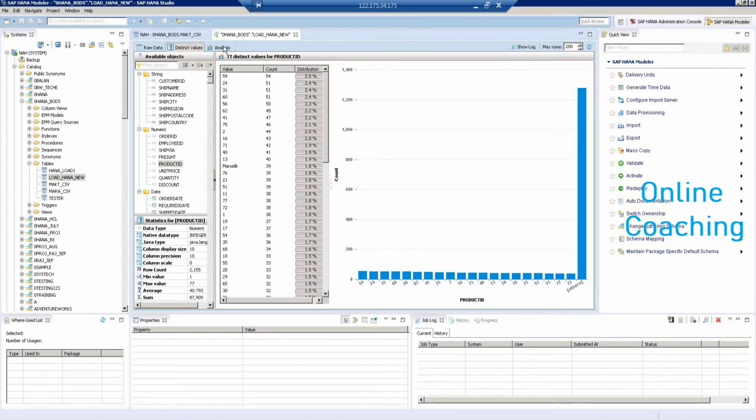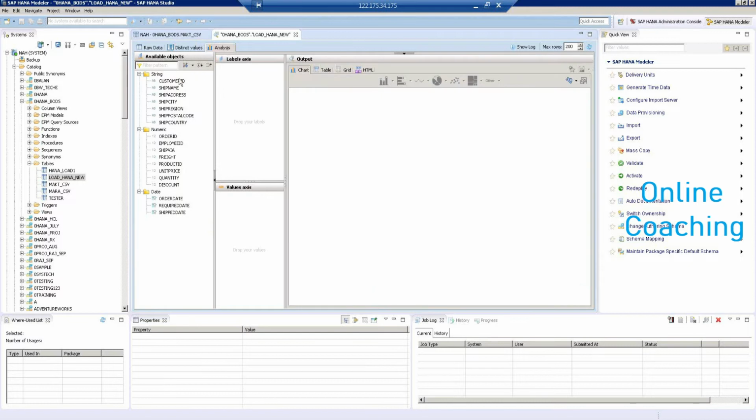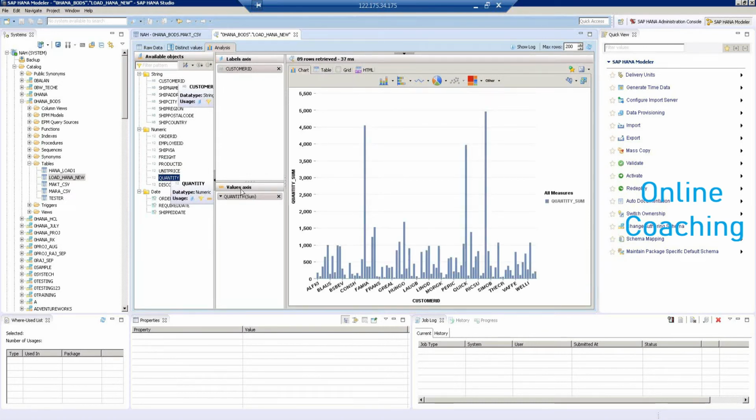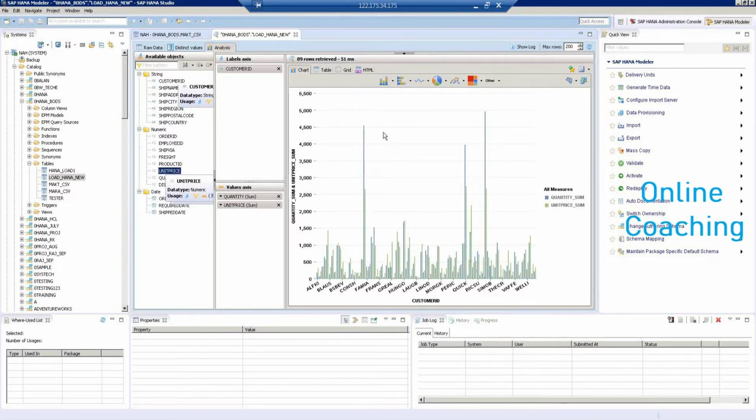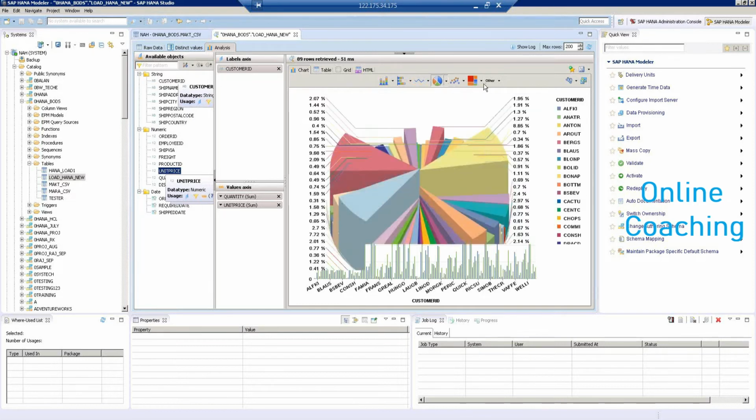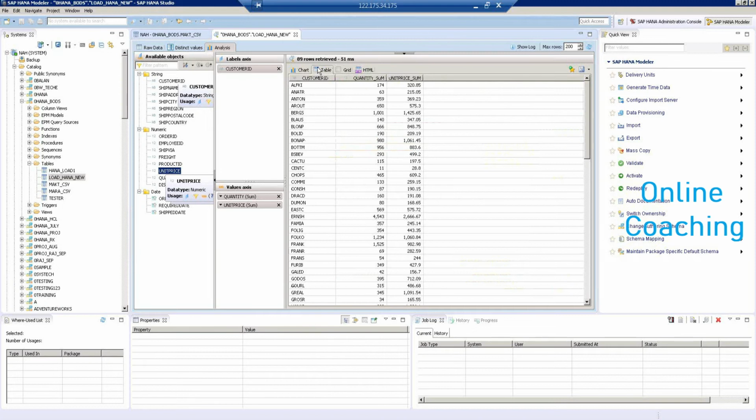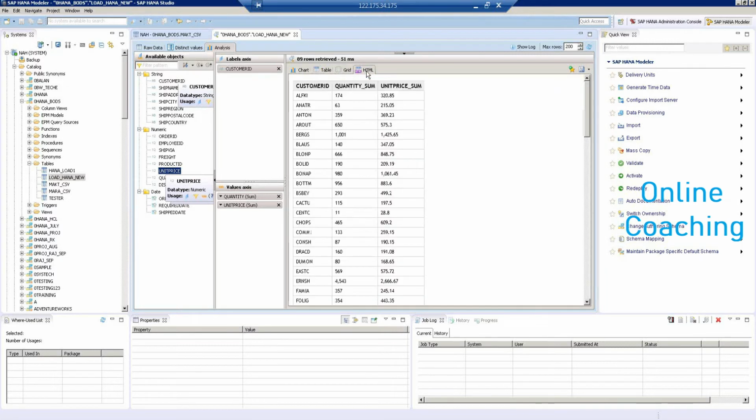And if you want to do some analysis, go to the analysis tab, drag the customer ID and the quantities per customer. So you can see the graphs, then unit price. So you can do a quick analysis and see if your data is good. You can also do a quick conversion. This is the charts tab where you can convert this to a pie chart or some other graphical representations. Or if you want to look at it in a tabular structure, you can do that. Grid structure and HTML format. So these are the different quick views that you can do on the data once you load the data